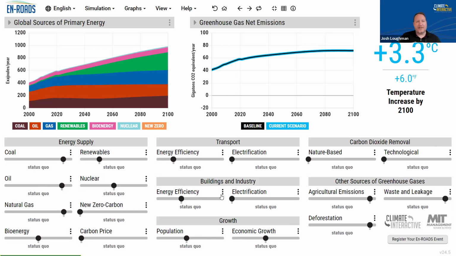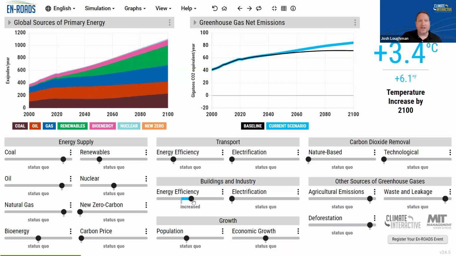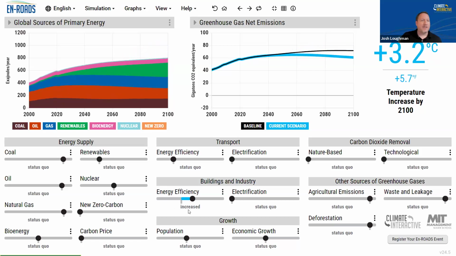It's perhaps an even larger step beyond, but I would say that's a reduction in buildings and industry, a lowering, an increase in efficiency for buildings and industry, right? If you're making things more efficiently in an industrial setting like plastics, this is the variable that you would use. And then the other question was nuclear, and we do have